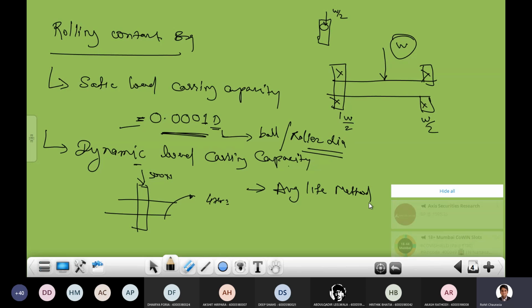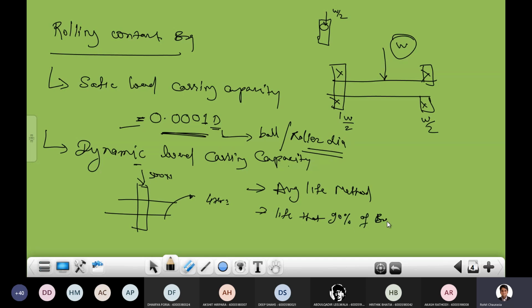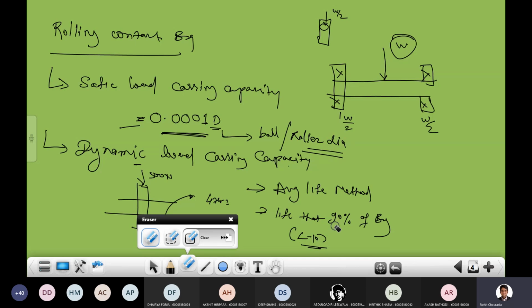एक होता है एवरेज लाइफ मेथड. सेकंड होता है लाइफ दैट 90% ऑफ बेरिंग, या इसको हम लोग और डिफाइन करते हैं L10 से। इसके बारे में हम लोग आगे बात करेंगे। इनिशियली L10 एंड 90% ऑफ बेरिंग दोनों एक ही है। कैसे एक है, विल डिस्कस लेटर, बट इनिशियली हियर व्हेन वी आर टॉकिंग अबाउट द एवरेज लाइफ मेथड एंड